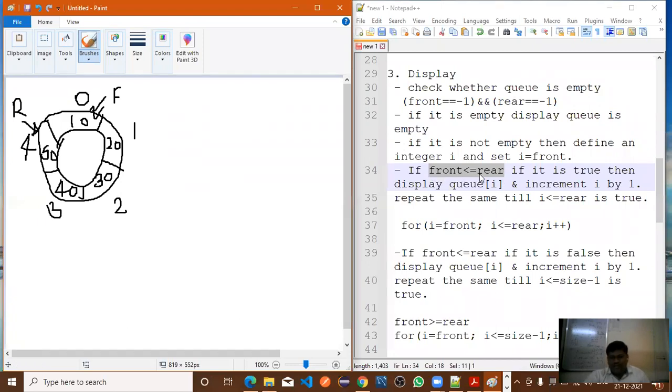What is the value of front here? 0. And what is the value of rear? 4. So the condition is true.